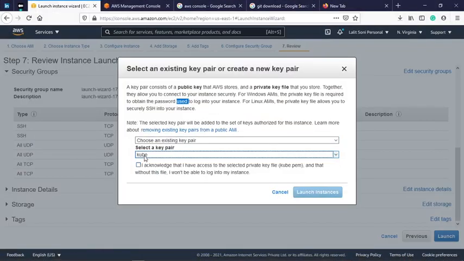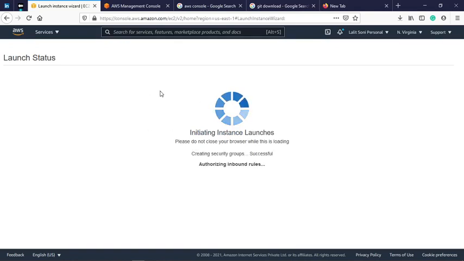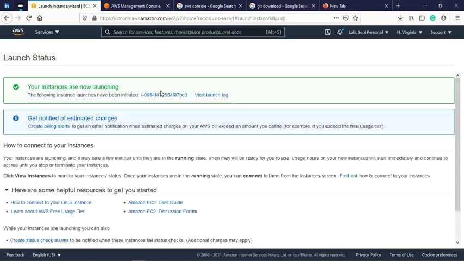I have the key and I am attaching the same key right now, but you have to make a different key and download that key. Once you download it, make sure your key is very safe in your personal laptop, because without that key we cannot access the AWS instance. So I am putting my cube key, because I have the cube key on my personal laptop, and then I will launch the instance. It started launching, so your instance is now in the launching phase. We can go and see whether our instance is running or not.